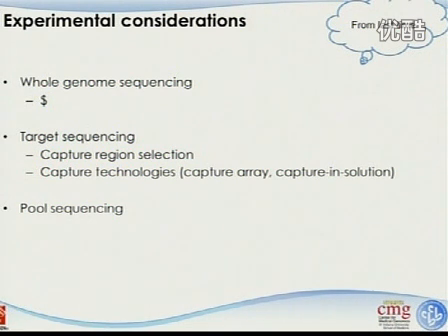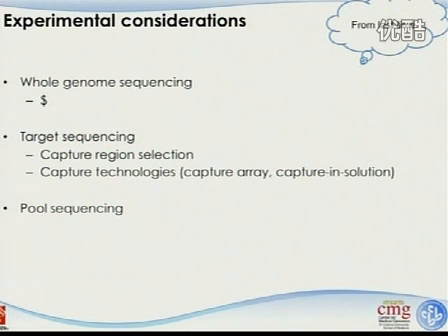So we don't have that much money to sequence many individuals to figure out what is causing the disease. One very good solution is targeted sequencing. We briefly mentioned the capture region selection. It can be from other studies, such as GWAS or linkage studies that say this region is important. Or we can focus only on exon regions, which are likely to represent more biological signal than the rest